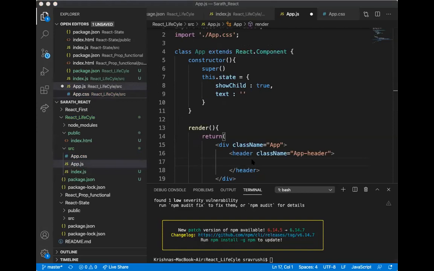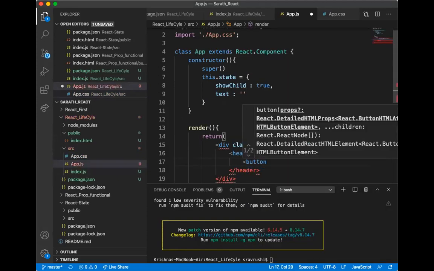So here I am having first a button, and in the button I am giving some on click event.